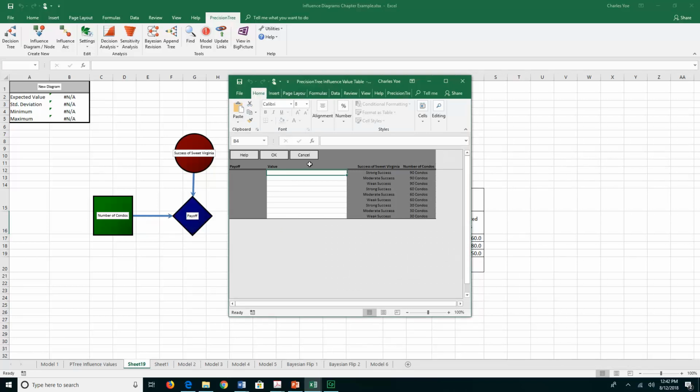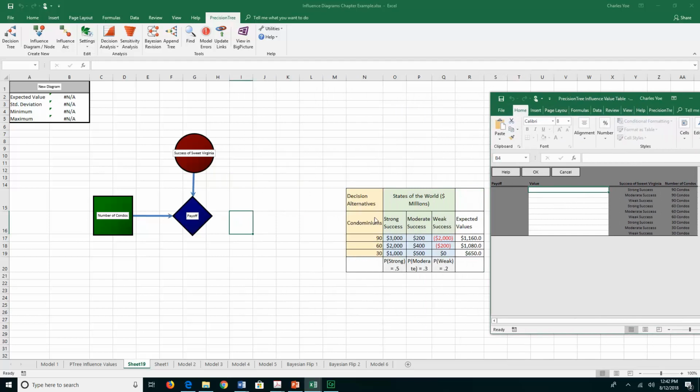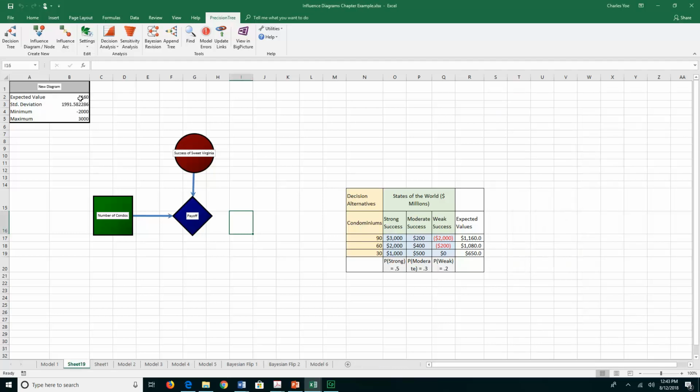Here we see the values that we see in the table here. We have the number of condos here. They're shown over here on the right. The states of the world here. They're shown here on the right as well. And if I place these values from the table in here and say OK, you'll notice that up here we've got